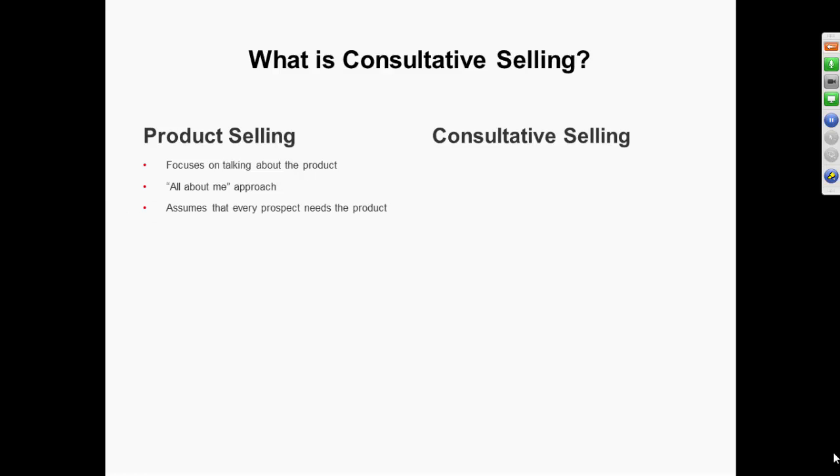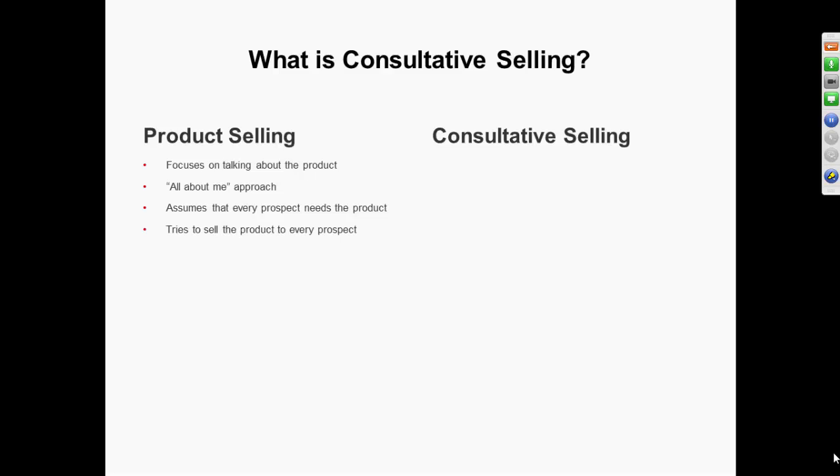Product selling salespeople assume that every prospect needs the product that they sell. Yes, if you're a business owner or a salesperson, you probably have a great product. Either you do, or it's understandable for you to assume that your product is great. That greatness in your mind can make you think that everybody needs what you sell. And the reality is that a lot of prospects out there might not need it for different reasons. Either they just bought what you sold and they're locked up and good and don't need what you sell.